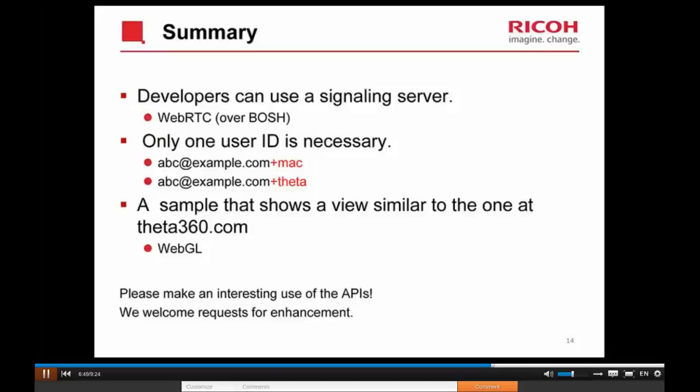Let me summarize my part of the presentation. This time, a signaling server is made available to you free of charge. A technology called WebRTC is realized by the Bosch protocol. As a key point, I explained about the user ID. By suffixing one registered user ID with a plus sign followed by different strings, the email address can be used